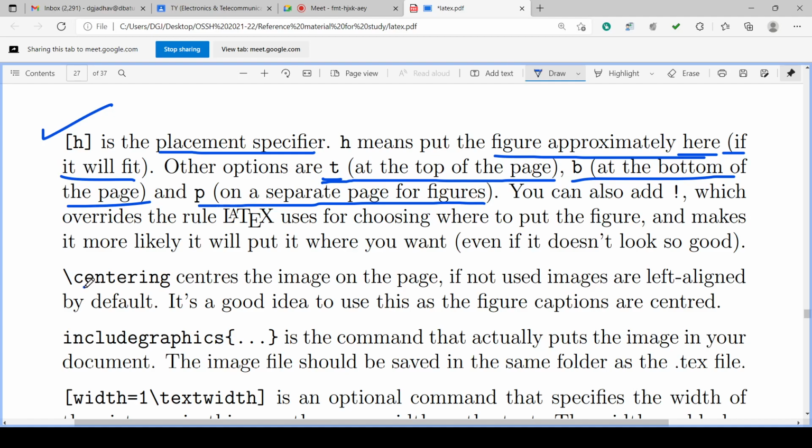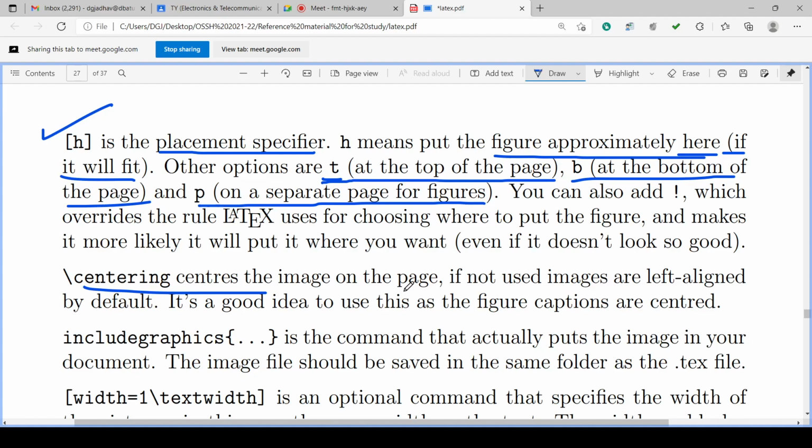Backslash centering centers the image on the page. If it is not used, the images are left aligned by default. But if it is given right aligned or centering, it will be placed accordingly. It's a good idea to use this as the figure captions are centered.